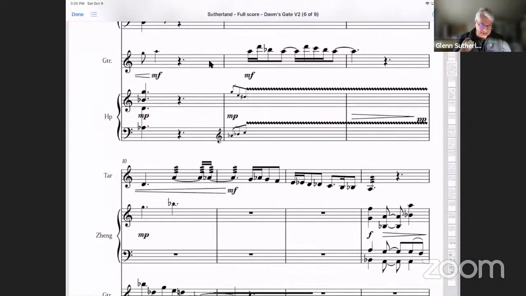Anyway, that would be an example of a very strict process that's followed. The texture changes as a result of that process every time the pattern is rotated over by an eighth note. That could be a starting point for how a composer develops a texture: follow a process and see what happens in that process.